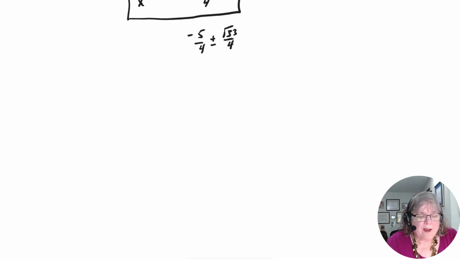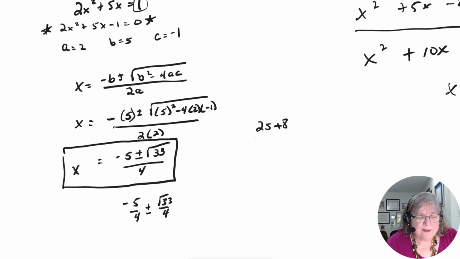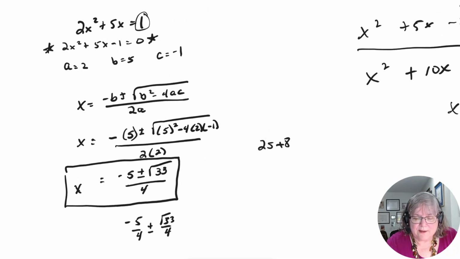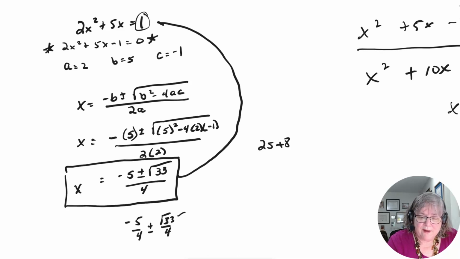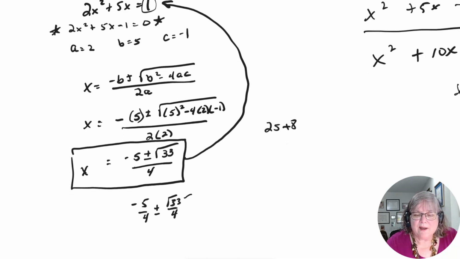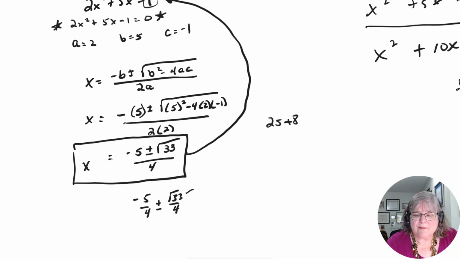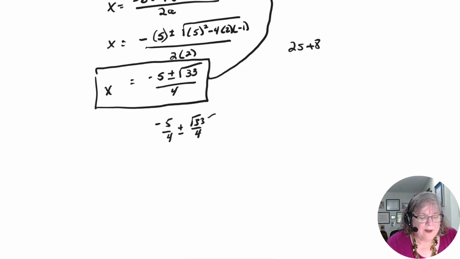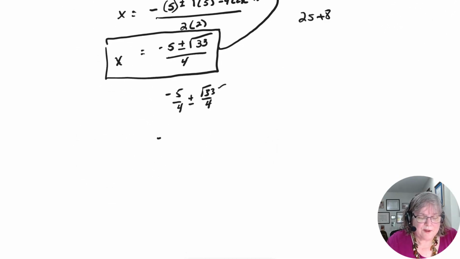Now, can you check these? Yes, you can. You can take this and take this, and if you're good with your calculator, you can plug this up there into x, and you'll find out that that's equal to 1, okay? But that's up to you. Otherwise, what you could do is go, let me just try 1. Square root of 33 over 4 is give or take